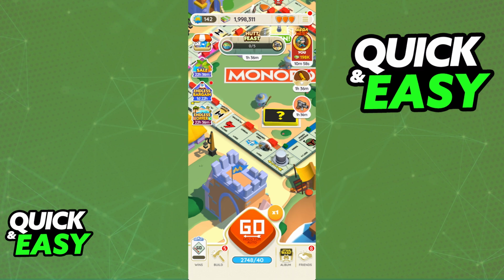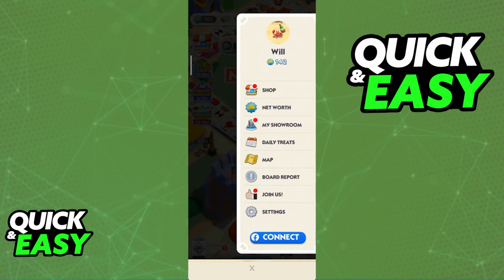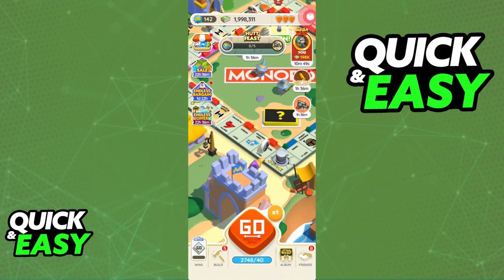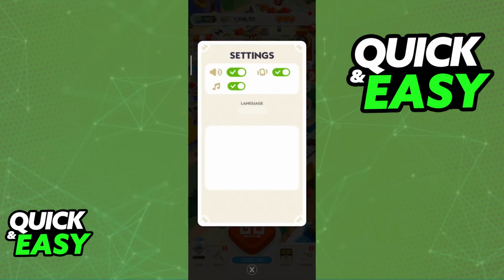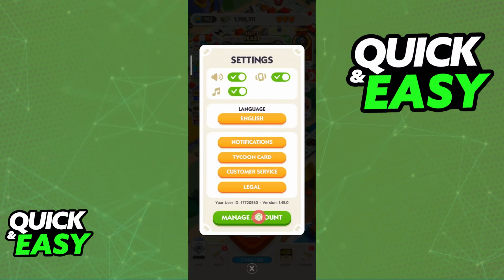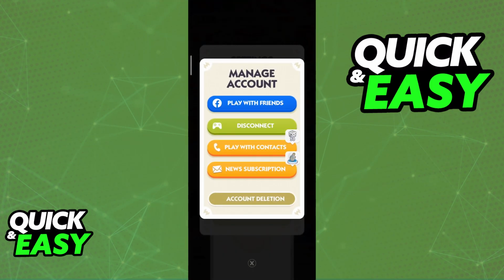You can link your Monopoly Go account to a variety of other platforms, and to do this, open the game, sign into your account, go into the menu at the top right corner of the screen, so tap these three lines, and then go into the settings. Now you will find manage account at the bottom,